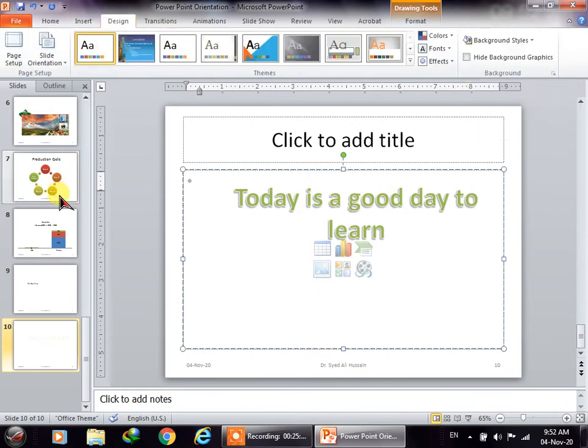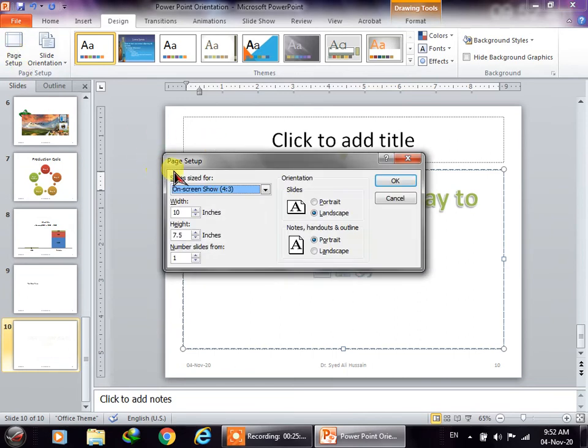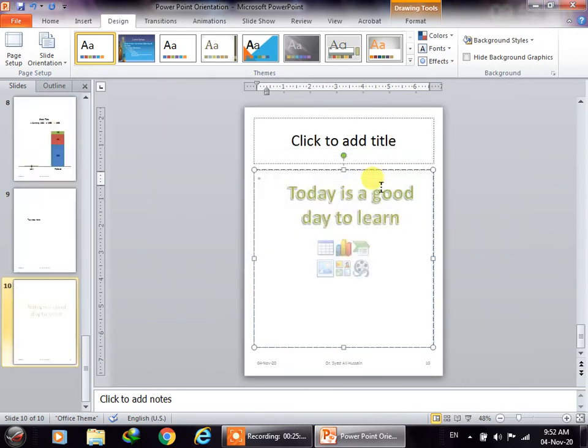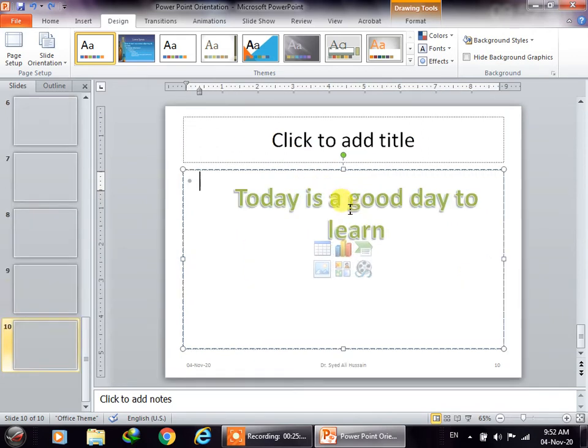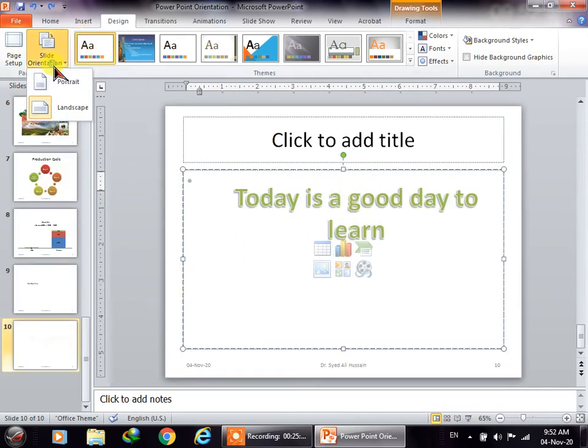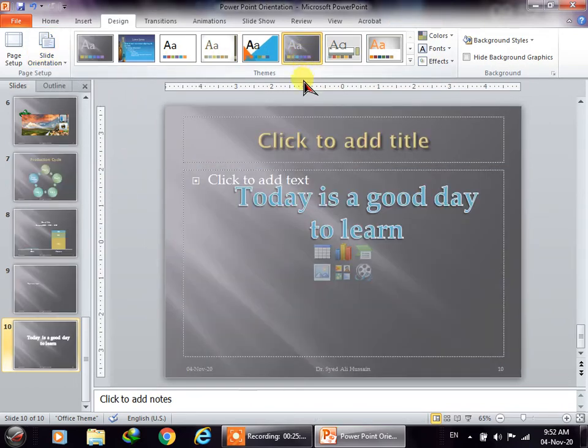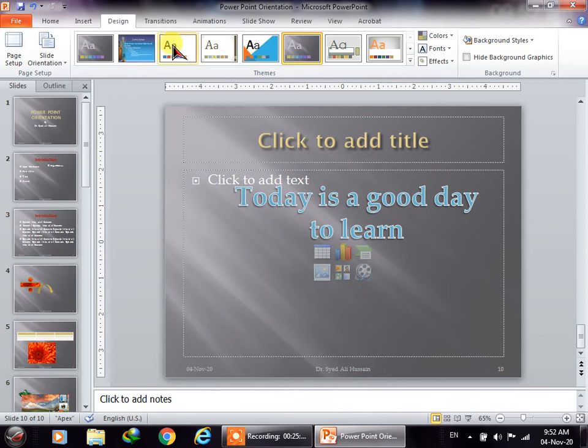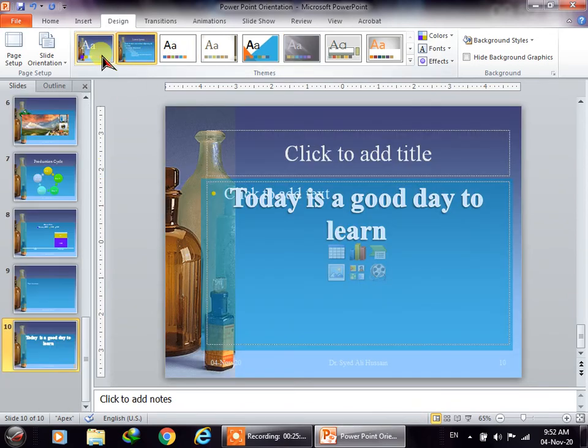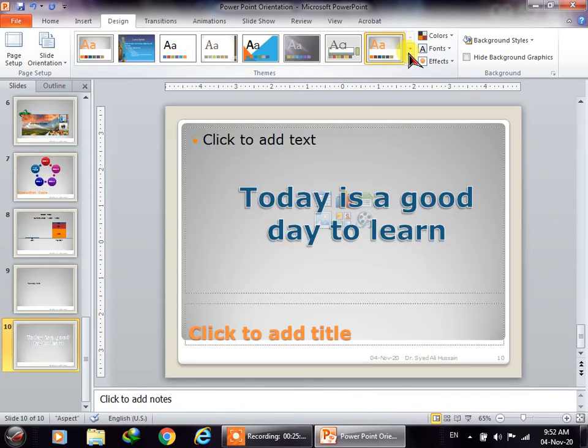Then for design, this section is really very good. This is for page setup. You can change how the page appears on your screen. You can change the orientation. Now this is portrait and this is landscape. Then if you want to switch your presentation to another design, with a single click all your presentation will be transformed